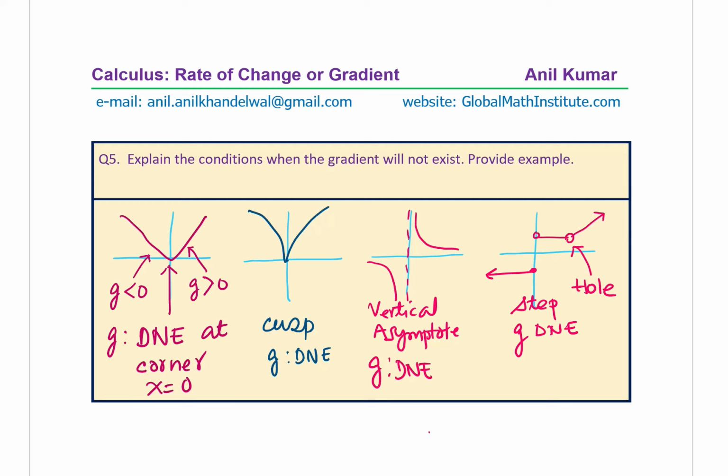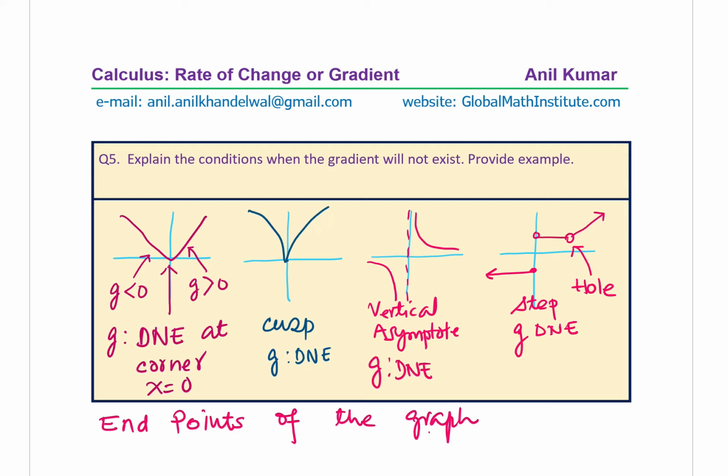Correct? So these are the points where the gradient will not exist. Now there are some other points also which are very important to understand, and let me make a note of those: the endpoints of the graph,